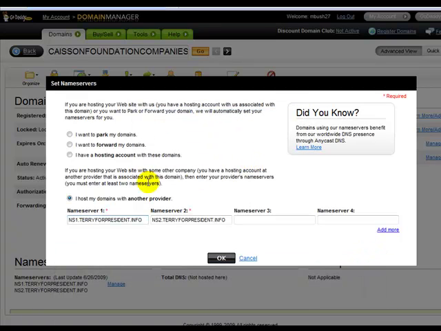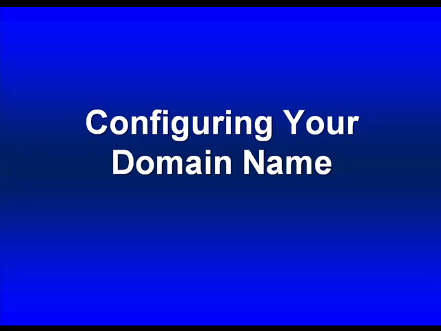Okay, and then once you have that set, you just hit OK, and then it's going to say your name servers have been set, and you're going to be good to go. Now please note, this is not going to happen immediately. There's going to be a delay. It needs to propagate through the internet and all this crazy stuff. So you set it, and then you say, hey, it's not working. It's because it's going to take time. I would give it at least a day, if not 2,